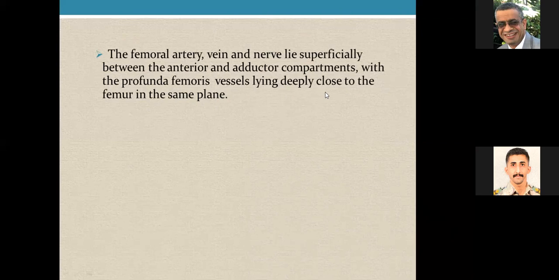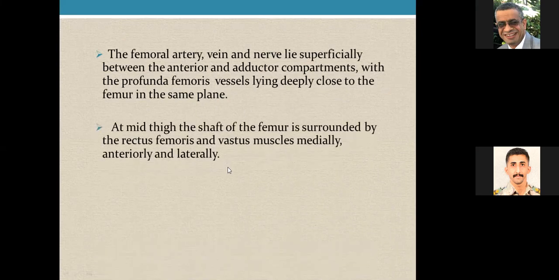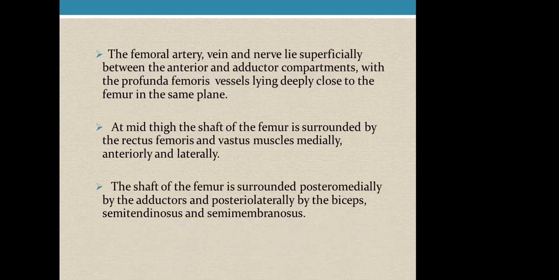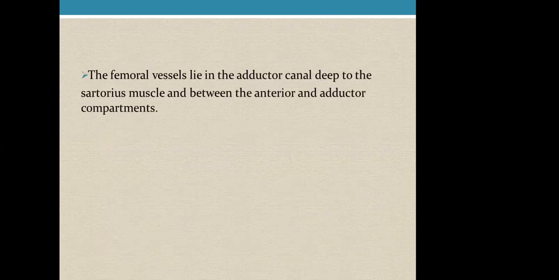vessels lying deeply close to the femur in the same plane. At mid-thigh, the shaft of the femur is surrounded by the rectus femoris and vastus muscles medially, anteriorly, and laterally. The shaft of the femur is surrounded posteromedially by the adductors and posterolaterally by the biceps, semitendinosus, and semimembranosus. The femoral vessels lie in the adductor canal deep to the sartorius muscle and between the anterior